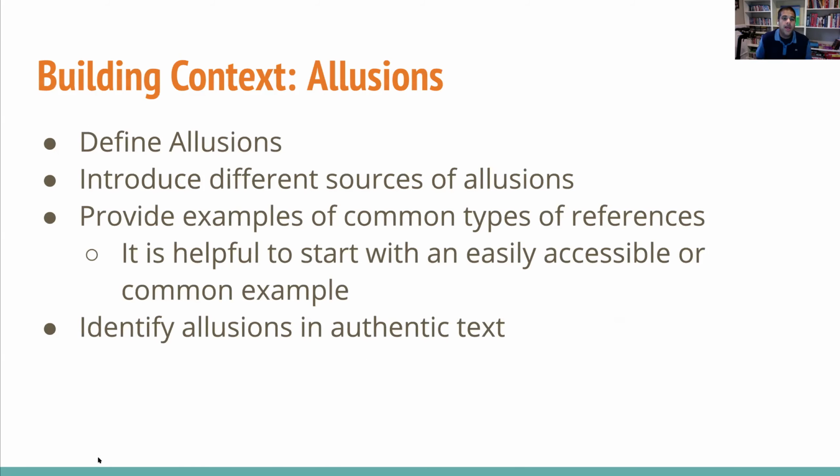So I want to share an example of an assignment that I did this semester that my students are actually working on this week, and it's building context through understanding allusions and references that are being used by a writer. The way I put this assignment together, I created it as a discussion through Canvas because I wanted students to see the work that other people were doing. I wanted to create a running document of different references this writer is making in the prologue to his novel.